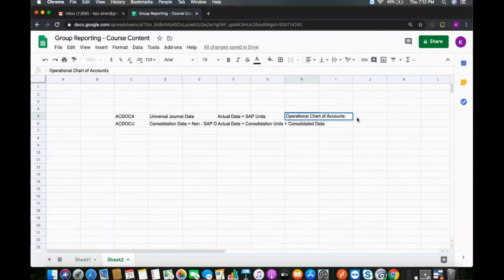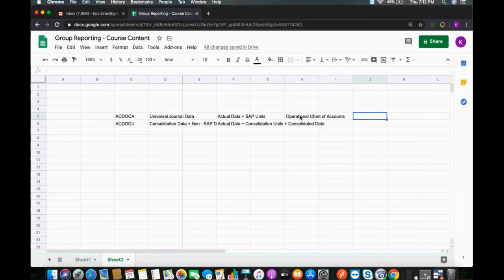So when you have one company in SAP, every company can have their own chart of accounts. Company or company code can have their own chart of accounts. Your operational reporting basically happens based on the operational chart of accounts.